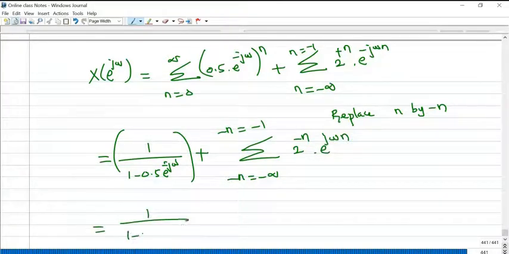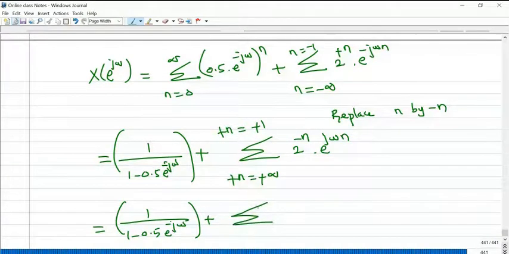Then minus n equal to minus infinity, minus n equal to minus n, that is n equal to infinity, n equal to 1. Right? So